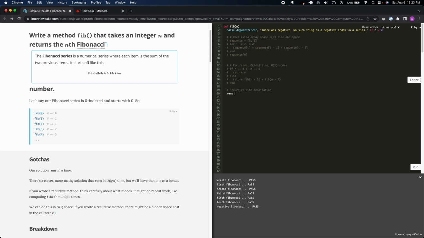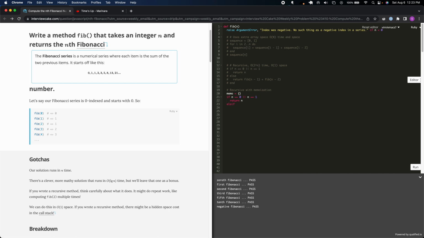So we can start off with a memo as a hash or an object to store any calculations as a key value pair. And so this one similarly, we could do if n is equal to 0 or n is equal to 1, we would return n, and then else,